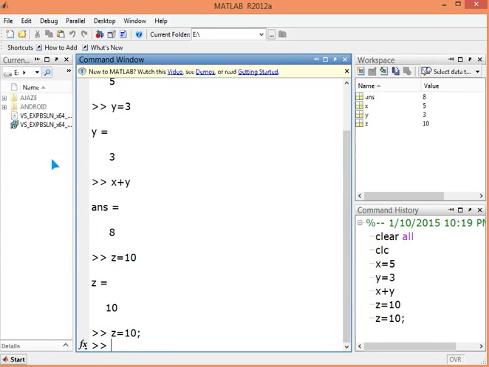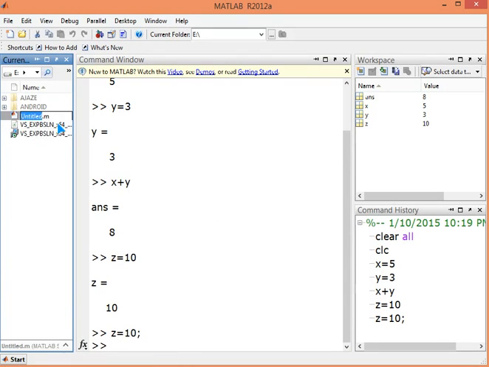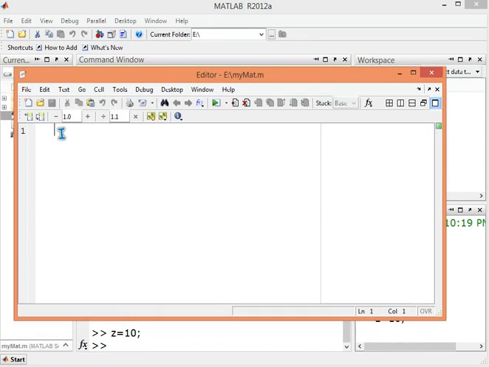So make a new file, script, and there will be a name untitled.m, and m is the extension. Say we name it mymat, and just double click it and that file will be opened in an editor. So we have this mymat file with .m extension in E drive. So we have to type here the commands that we were supposed to write on the command window. Here the positive thing is it will be saved.